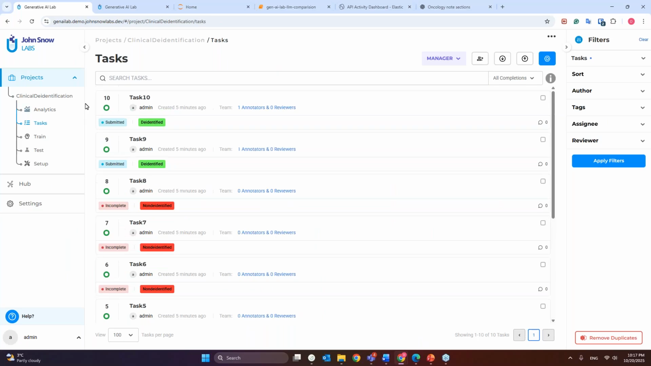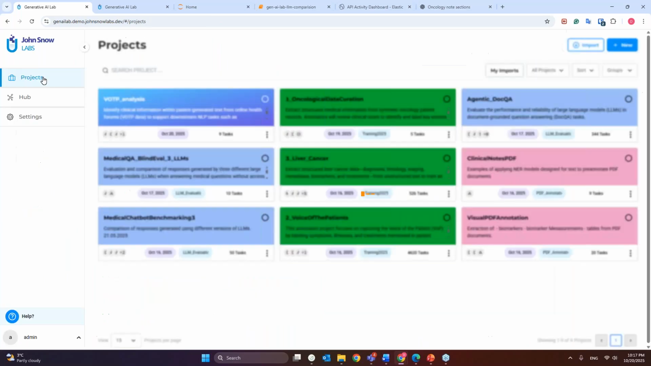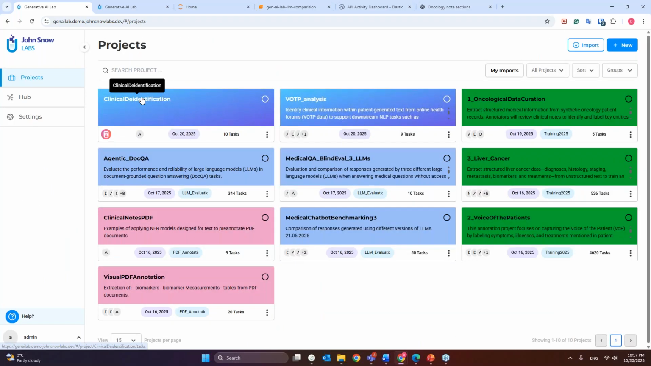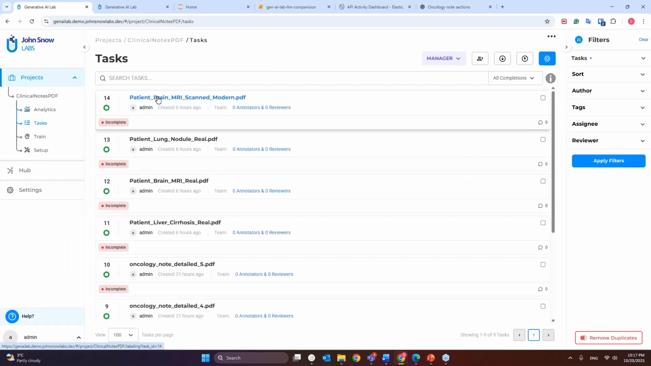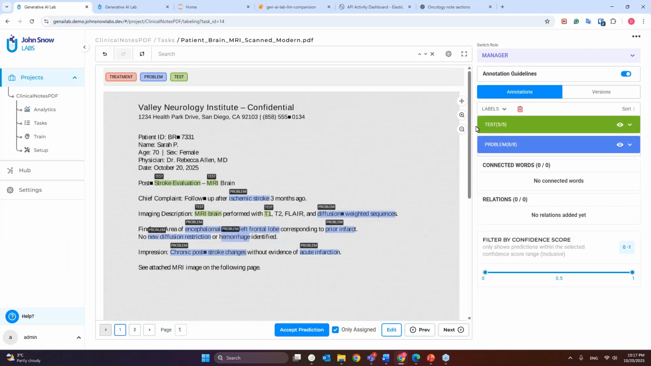Okay, so let's check the next examples that I have prepared. Up until now we have seen models which were tuned for text content, right? So they were trained on text and they were applied on text content. Now, one interesting thing with the annotation lab is the fact that it also allows you to import PDF documents. By the way, those are